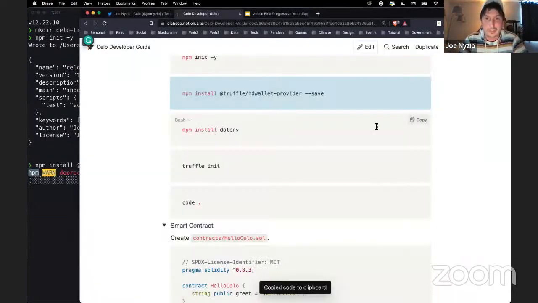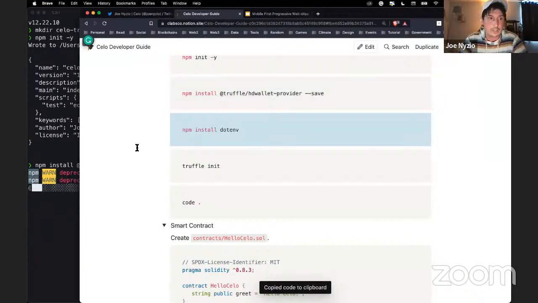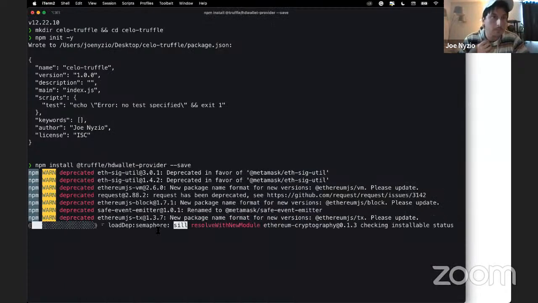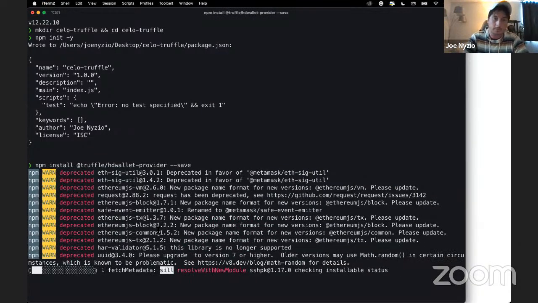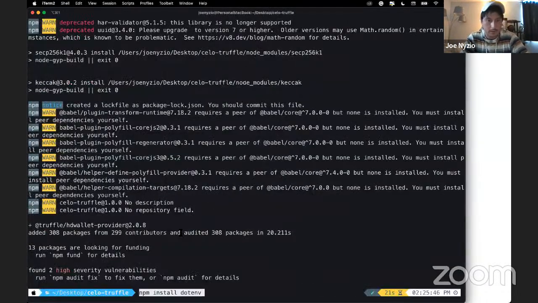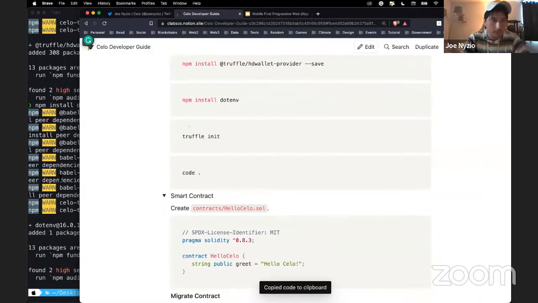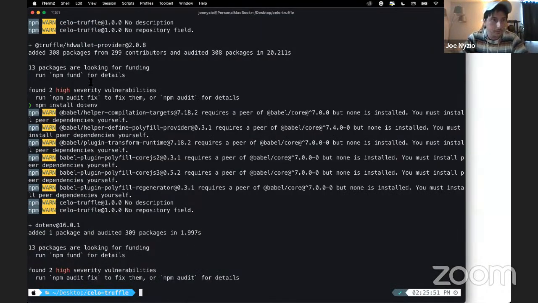And I made it so that hopefully, if you check it out, you can just run down and start copying and pasting each of these in the same way I am. All right, .env. And then there's some vulnerabilities and stuff. Don't worry about that, just some warnings.